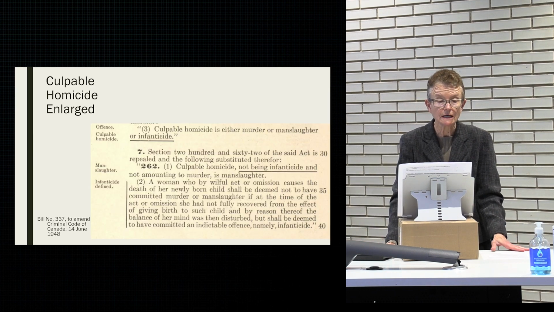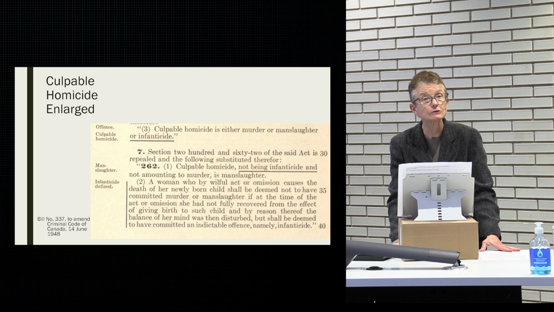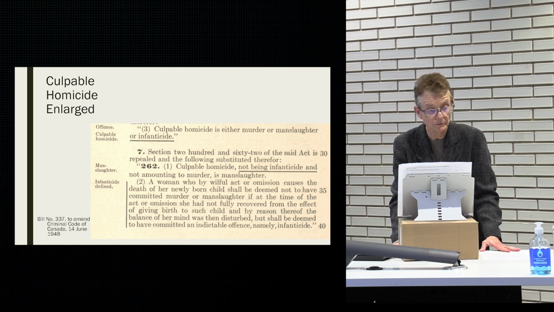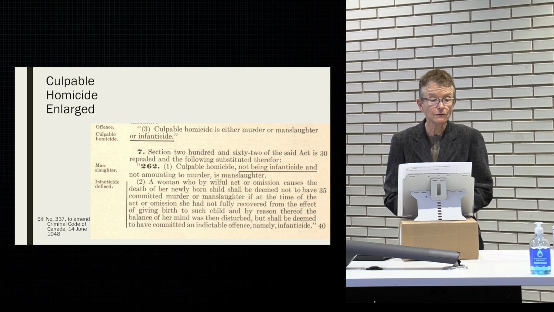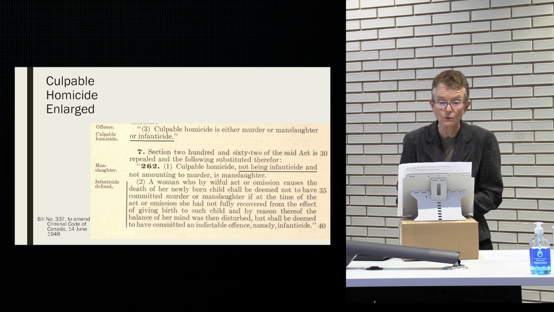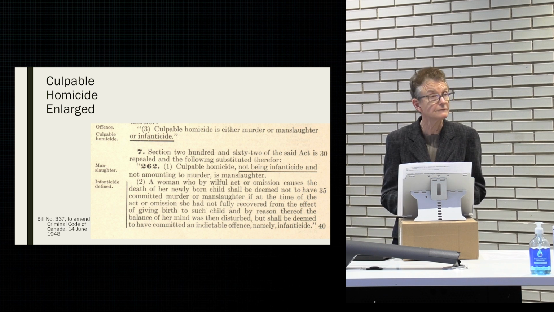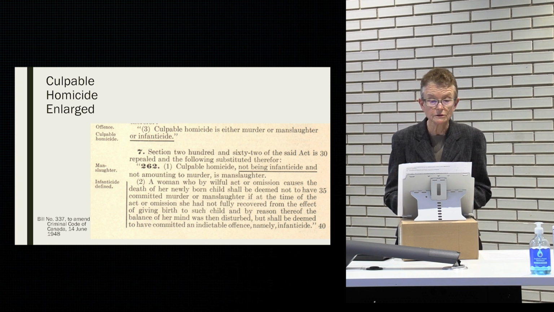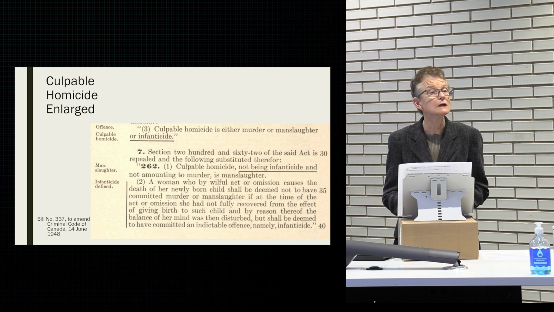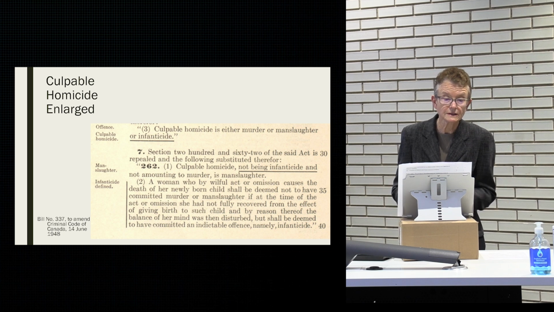The text of the statute certainly refers to mental disturbance specific to childbirth. It creates a new form of culpable homicide by a woman on her newly born child, if at the time of the act or omission she had not fully recovered from the effect of giving birth to such a child, and by reason thereof the balance of her mind was then disturbed. So on the face of it, this